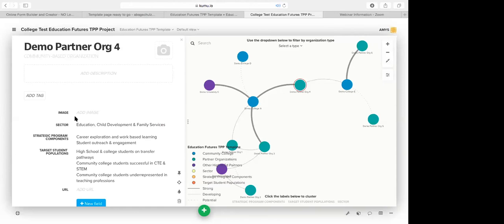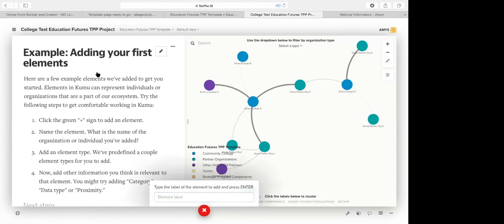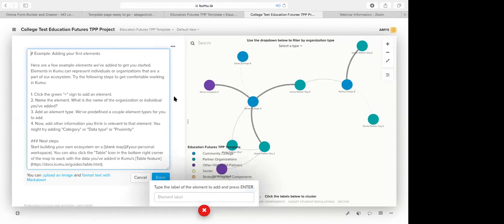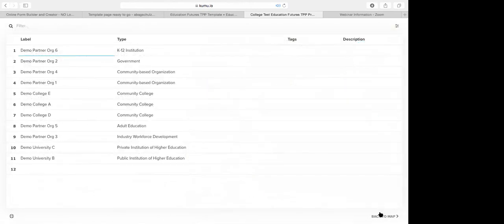If you're visual and you like the map view, you can add new partners by clicking on the plus, and this will add an element. I'm sorry, that's for the connection. We'll get to the connection in just a second. We're going to go to the lower right-hand corner, it's a little small, and click on Table. This is the table view, kind of like an Excel spreadsheet, where you can start inventorying your organizations. If we want to start a new one, you simply click on the line,